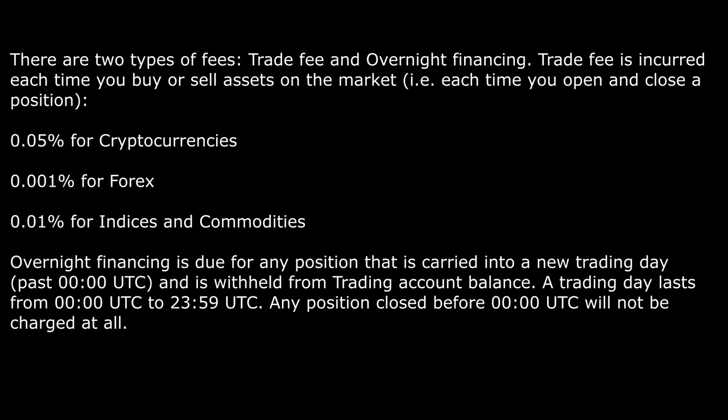So last but not least, fees and overnight financing. So there are 2 types of fees: trade fees and overnight financing fees. Trade fees are incurred each time you buy or sell assets on the market. An example, each time you open and close a position. So for cryptocurrencies, the fee is 0.05%. For Forex, 0.001%. For indices and commodities,